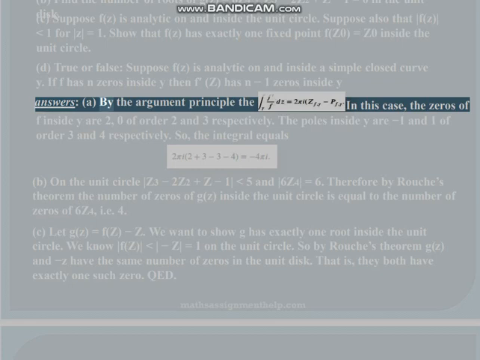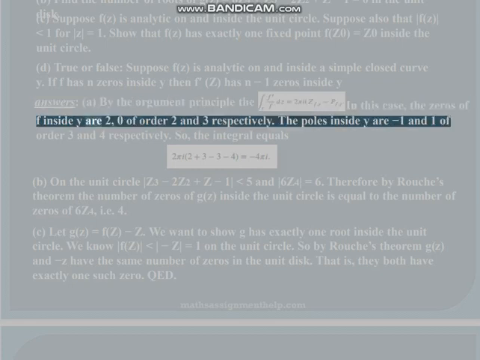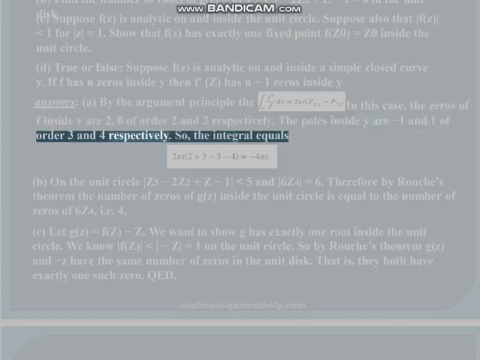Answers. A. By the argument principle, in this case, the zeros of f inside γ are 2 and 0 of order 2 and 3 respectively. The poles inside γ are -1 and 1 of order 3 and 4 respectively. So, the integral equals